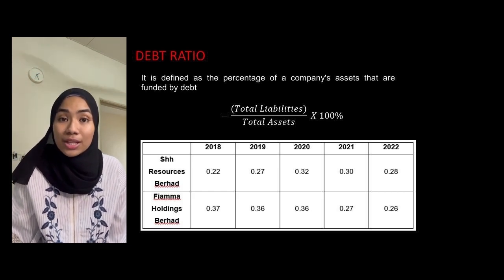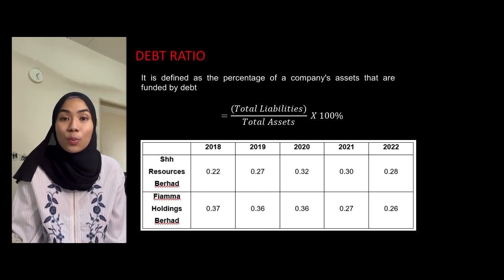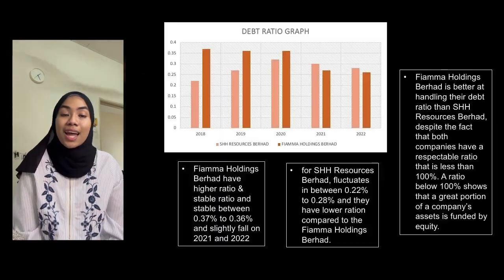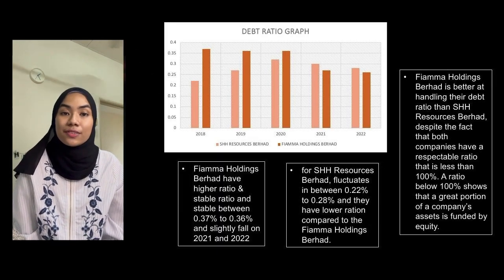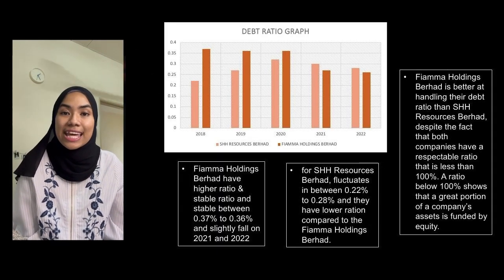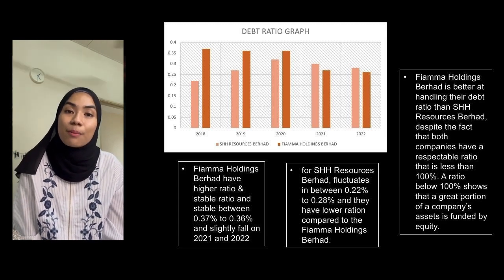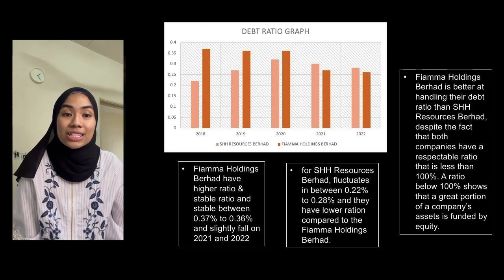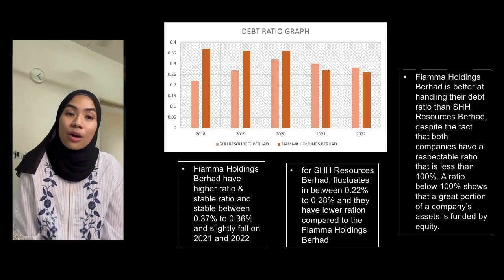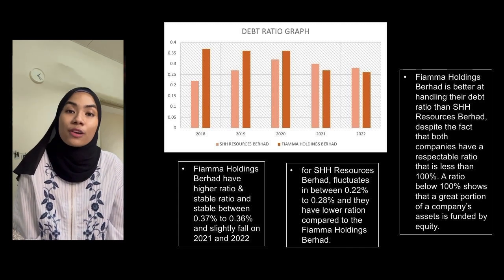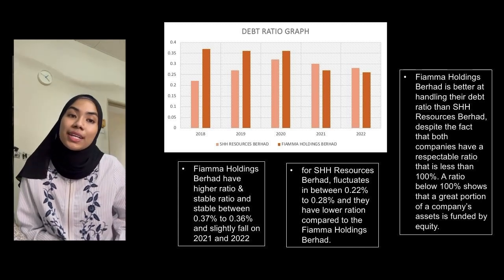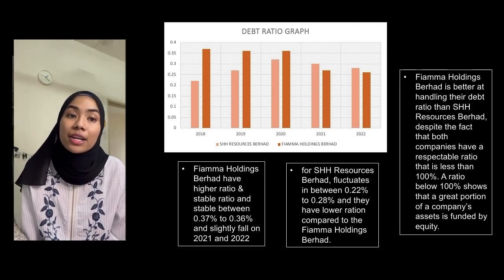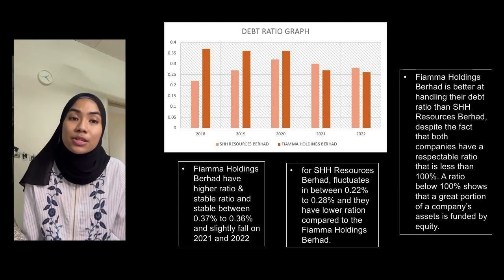0.37%, 0.36%, 0.27% to 0.26%. Now let's take a look at the differences of debt ratio between SHH Resources Berhad and Fiamma Holding Berhad. The light orange bar graph refers to SHH Resources Berhad, while the dark orange one refers to Fiamma Holding Berhad. As we can see here, Fiamma Holding Berhad has a higher ratio and is stable between 0.37% to 0.36%